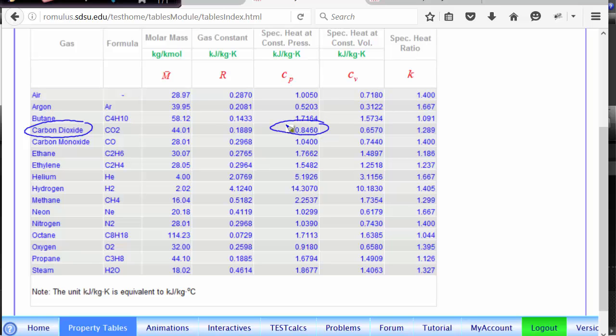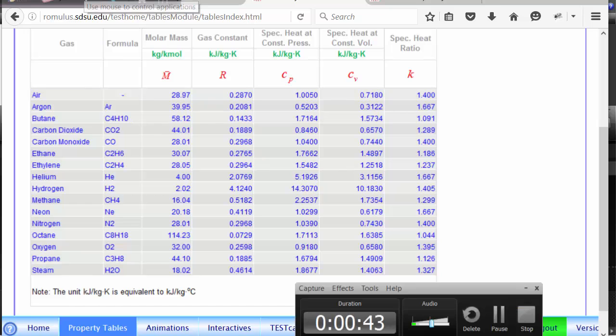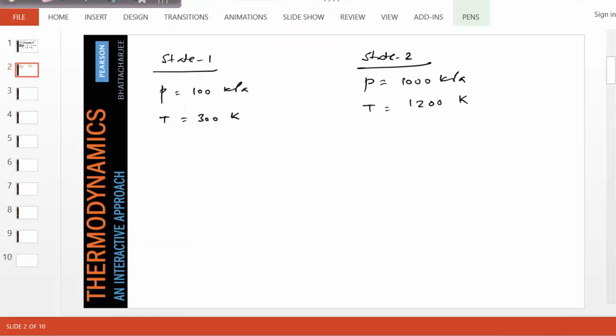Enthalpy depends on Cp, and of course we'll need the R value because for entropy calculation, we'll need that. So let's write those down. So now that we know Cp and R,